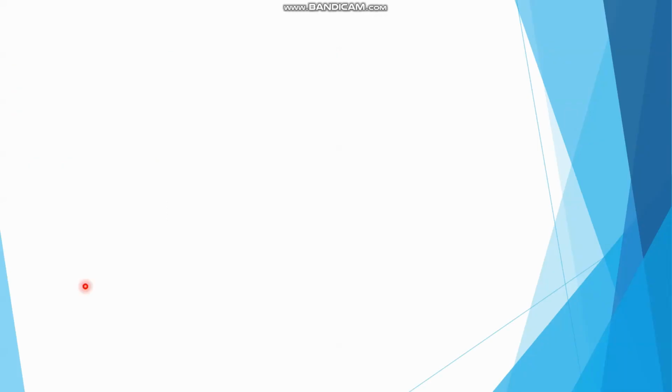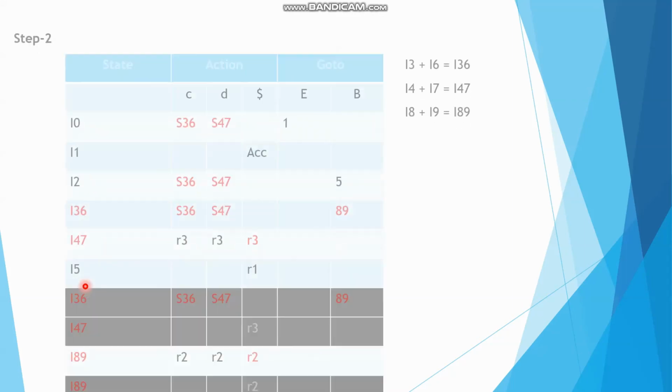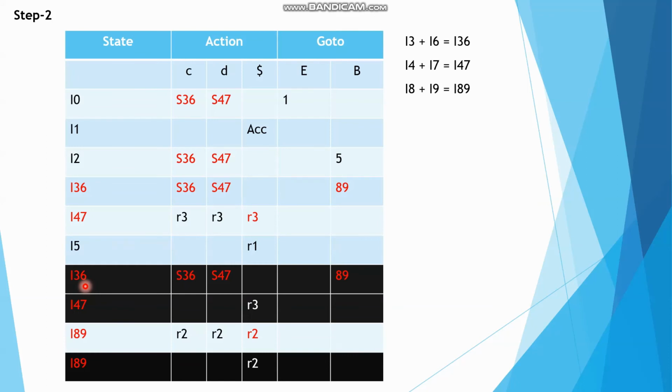After identifying states, we will update our parse table based on the information we gathered in the previous step. As you can see here, we merged states 3 and 6 into a single state. We did the same with 4, 7 and 8, 9. Anywhere in the table where they were individually present are now represented in a merged form. For example, S3 is merged into S3,6, and 4 was merged into 4,7 and so on. We have labeled them in red color for understanding purposes.